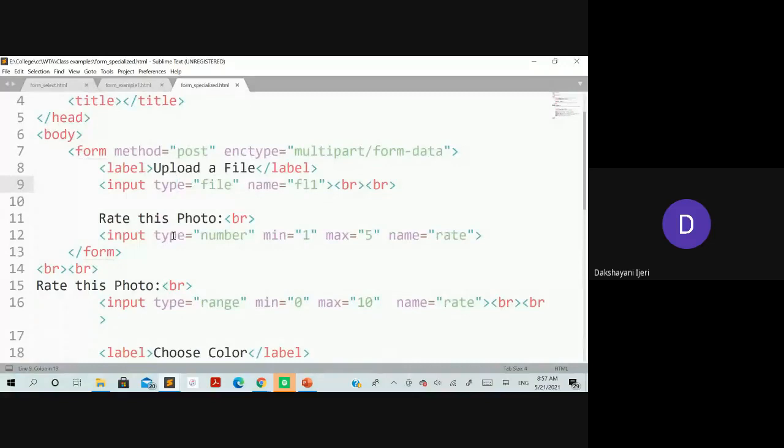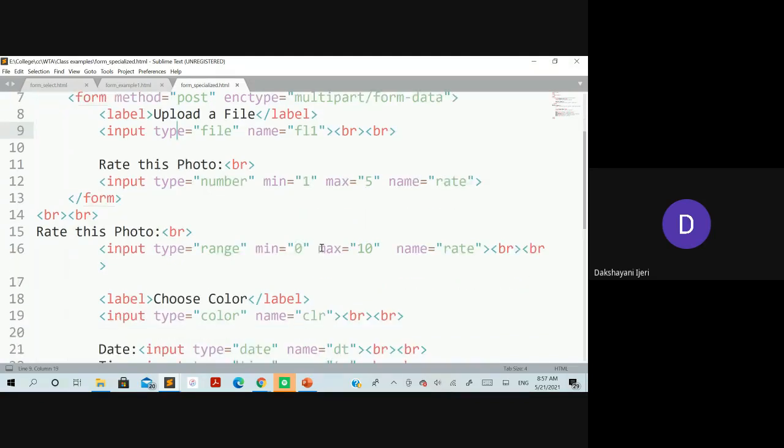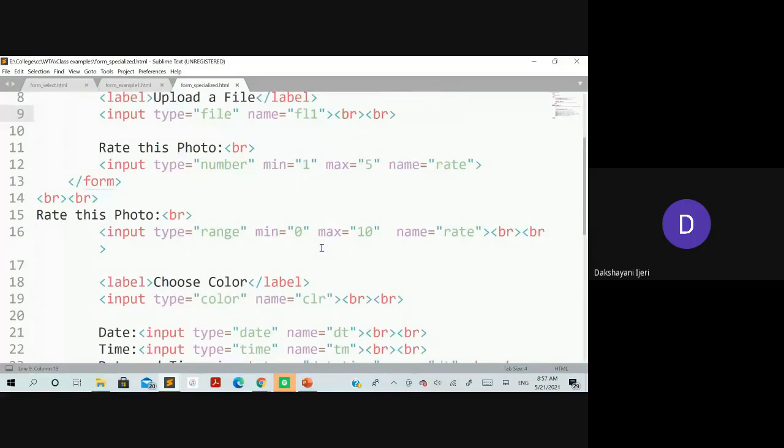Okay, so the next thing is to take the range of the number input from the user. You have to use the input type is equal to number, as I told you, with min and max values over there, along with the name attribute. Okay, so one more option to take the range value from the user is input type is equal to range, again with the min and the max value, and the step attribute is optional, as I told you. If you take the step attribute, it is going to increase gradually with the step that has been specified here, right?